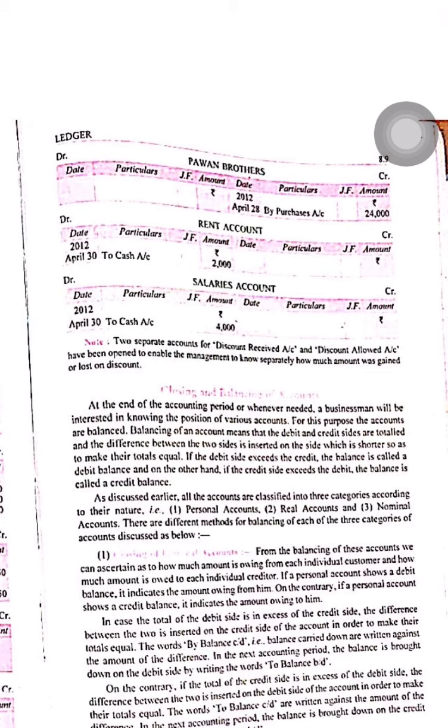This chapter is very important because after this chapter we have to prepare the trial balance, and that trial balance will help you prepare the final accounts. In the ledger we also record all the transactions in chronological order. It is similar to the journal, but in the journal there is no separate page for each account, whereas in the ledger there is. So practice this chapter.